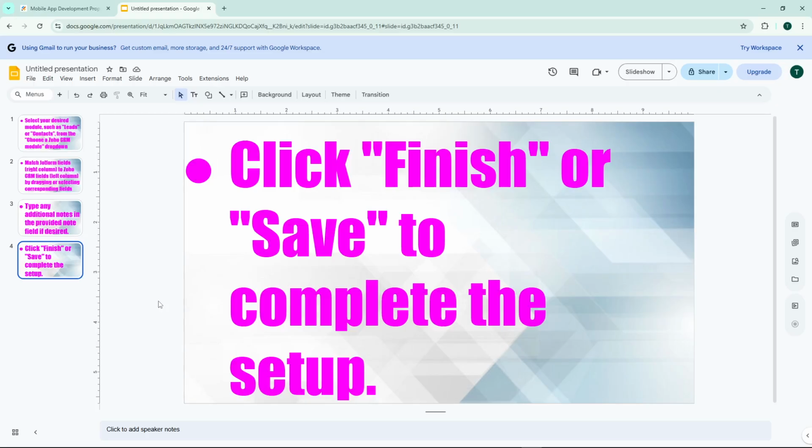And that's it. You've successfully integrated Jotform Sign with Zoho CRM, creating a seamless connection between your document signing process